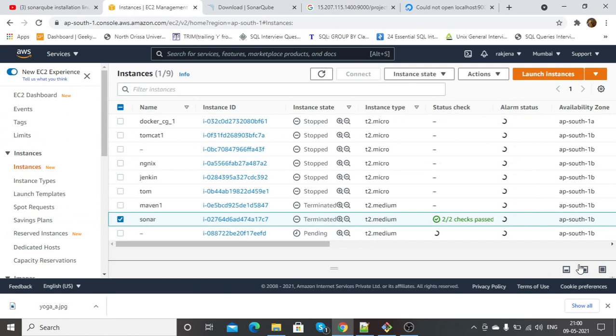View instances. You can see the instance is in pending state. It is going to be started soon.